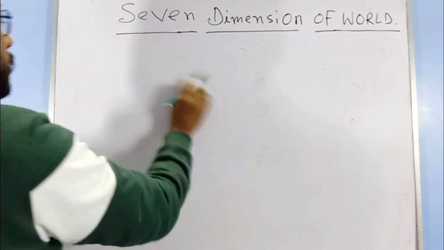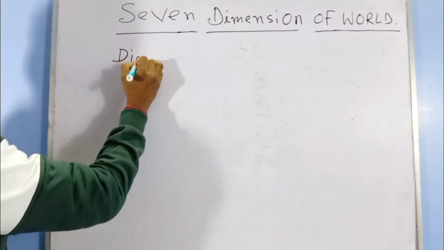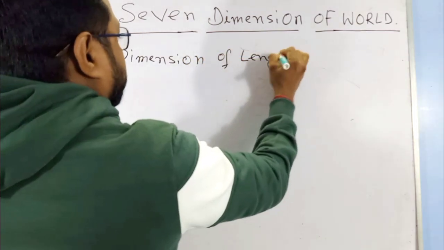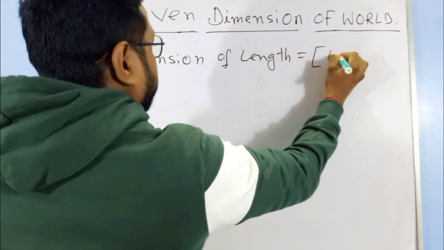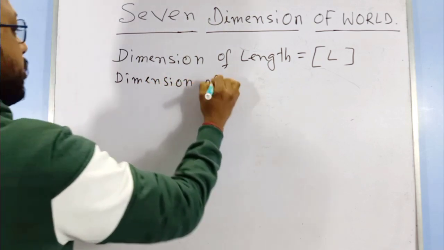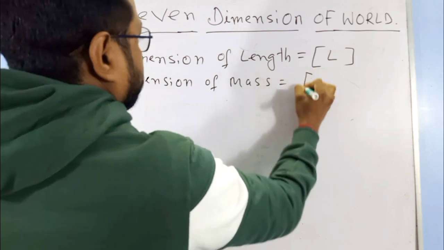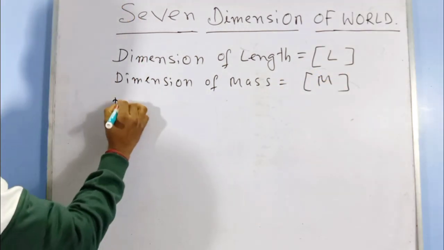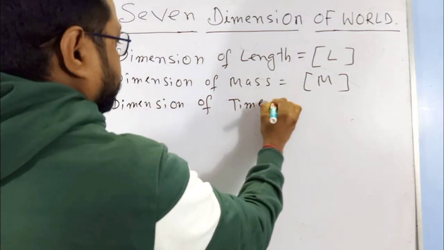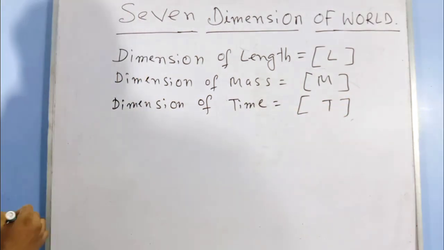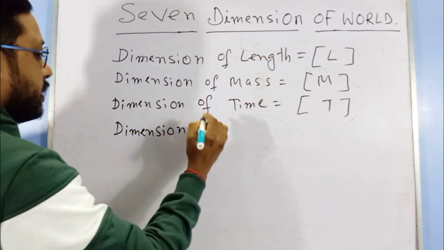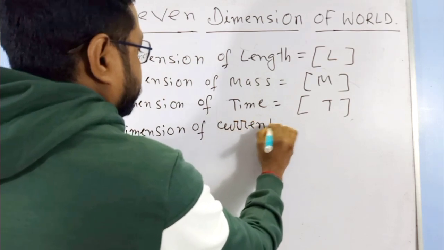First, the dimension of length is L, the dimension of mass is M, the dimension of time is T, the dimension of current is A,